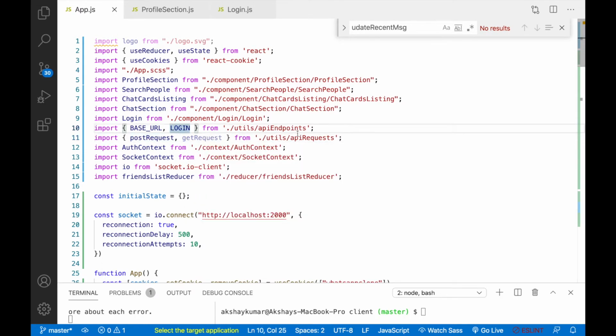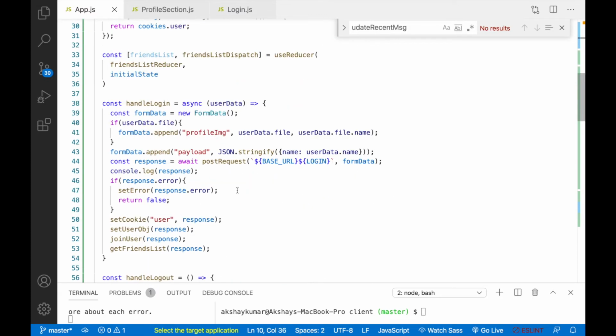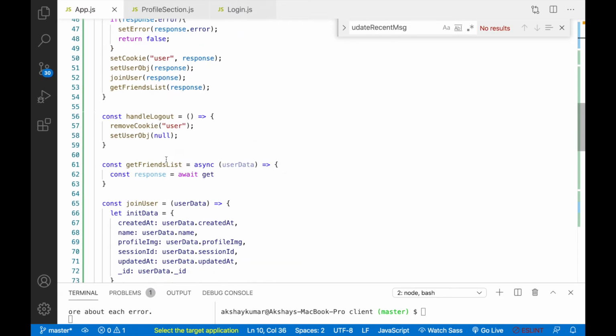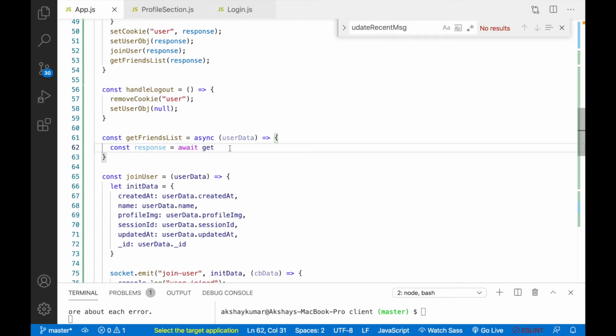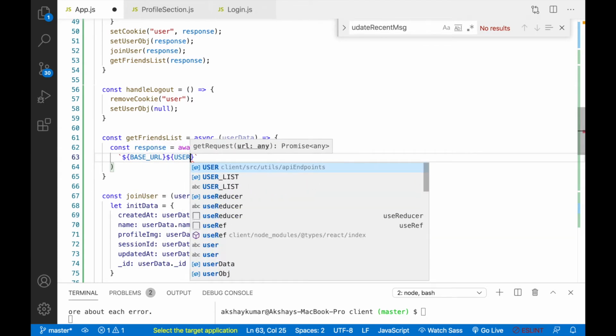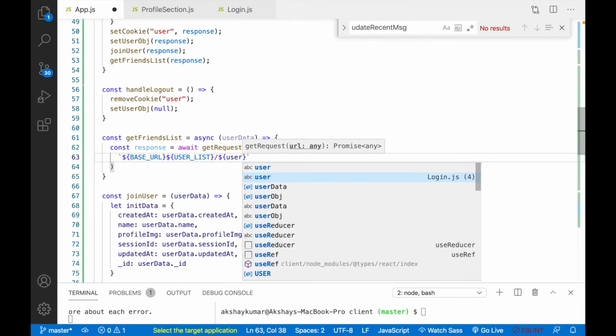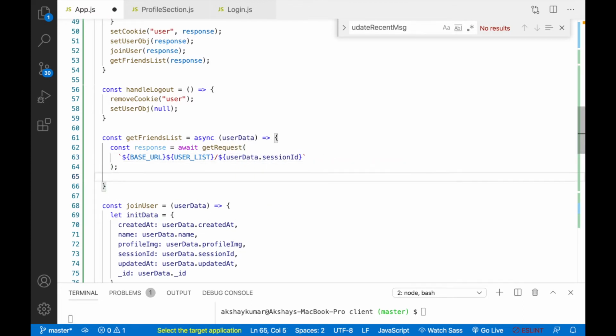And here in the endpoints, right, user list. So now here we can write getRequest, and here we can pass baseURL, and we can concatenate with userList. And here after this we can write userData.sessionId. Now we'll check if there is any error or not.